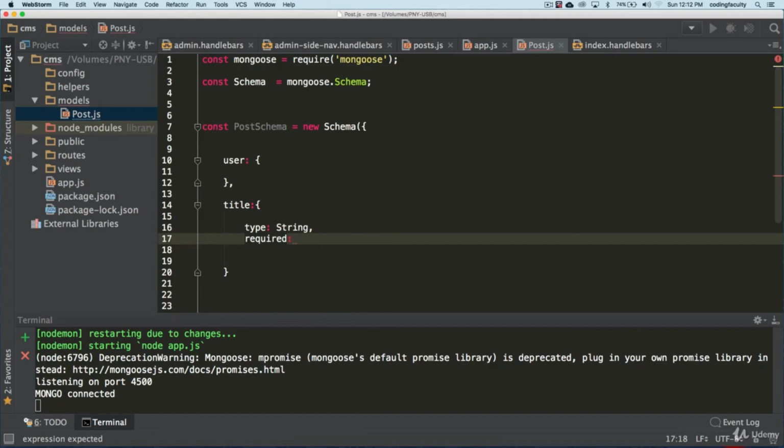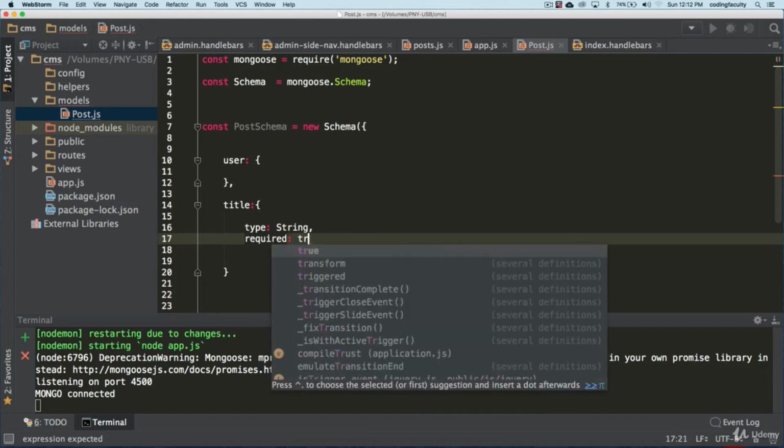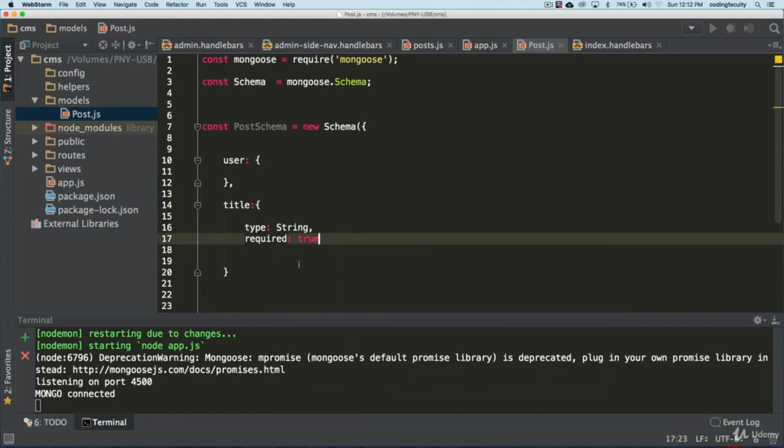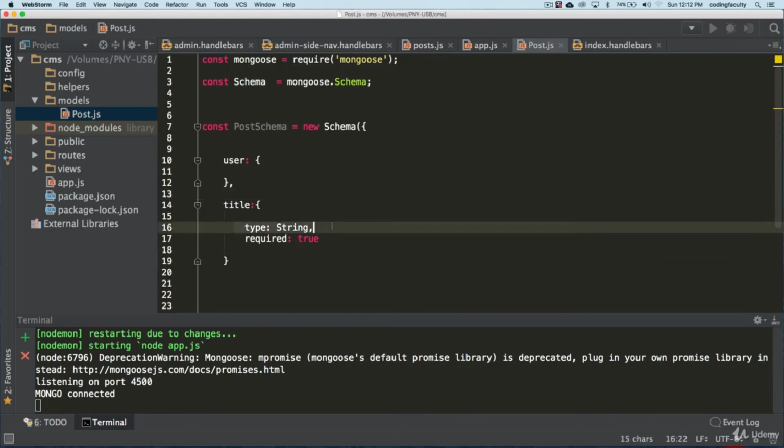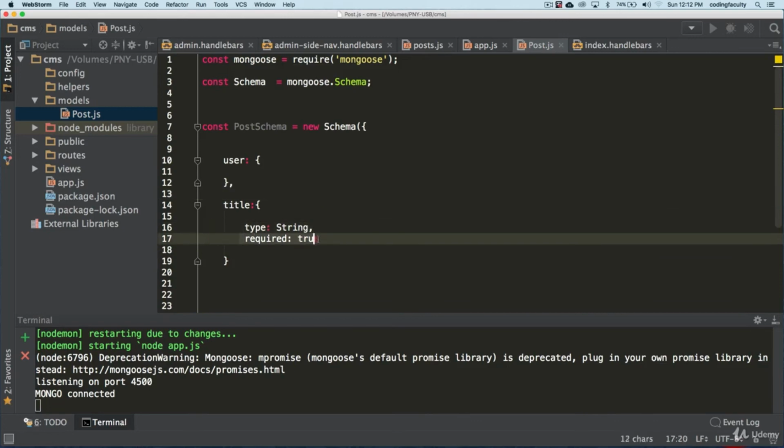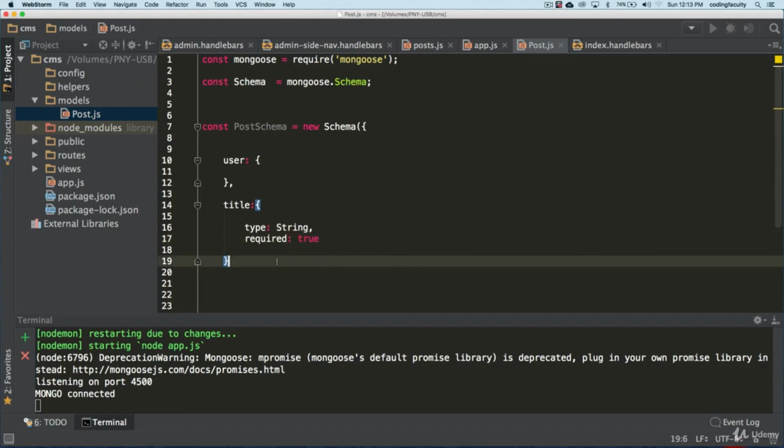And now we can also do validation here. We get this error if we don't insert a title when we are inserting data to the database. So right now we have validation here with Mongoose, which I like pretty much. So we have the types with Mongoose, and then we have validation. There's a lot of documentation about Mongoose and all the validation that you can do here, but you can do a lot more than what I'm showing you here. This is just something that we need for now. Later on, I'll show you a different one.